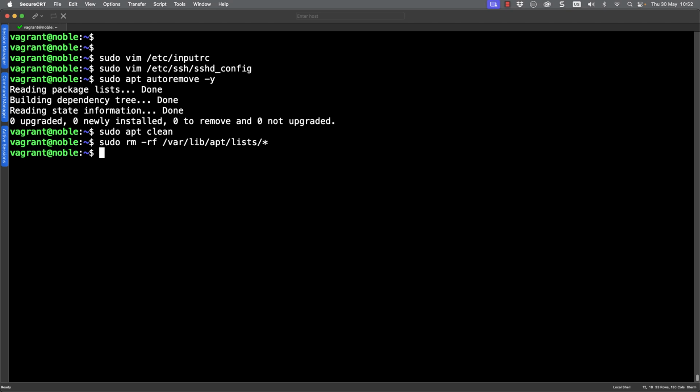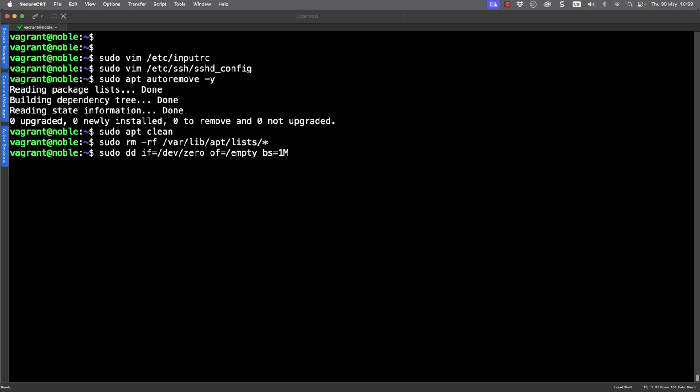Now we also need to make sure when the file is packaged up that it makes best use of space. And if we write zeros to all of the empty space, it makes for a much smaller compressed image. So I'm using sudo and dd, the input file being /dev/zero, my output file writing to the root and an empty file, and the block size of 1 meg.